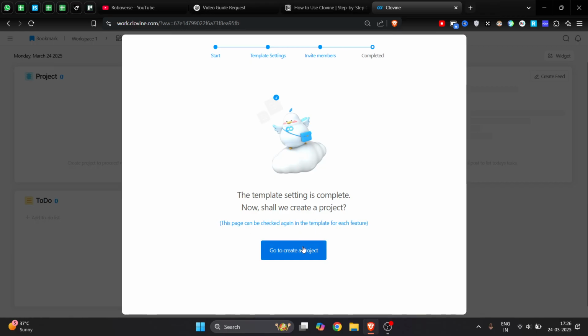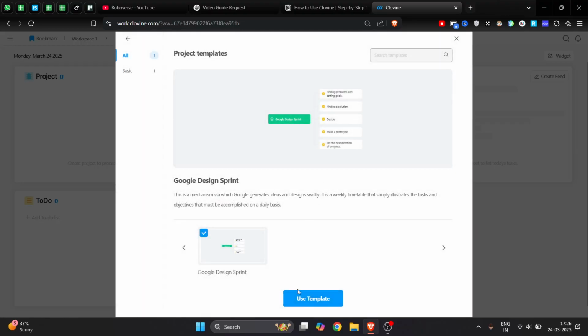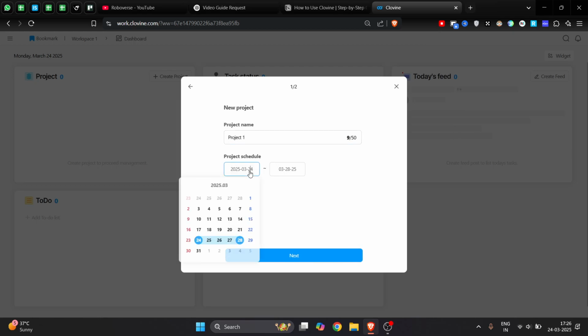Go to create a project, so click on it. Now here, to create a project, we can go from scratch or we can use a template. So as you can see here, we are already using a template. So I will just write here project one. We have to name it. Now the project schedule is for around, let's say, 2 months, right? I've selected the date. Okay, I need to select the earliest date as possible, so let's say this one, and